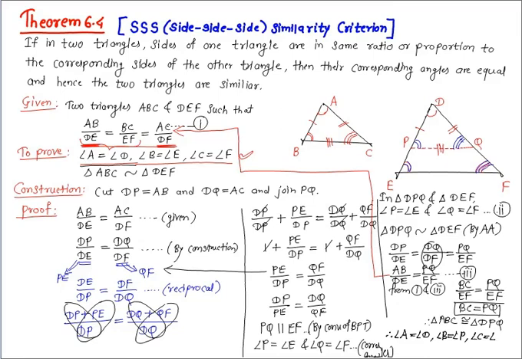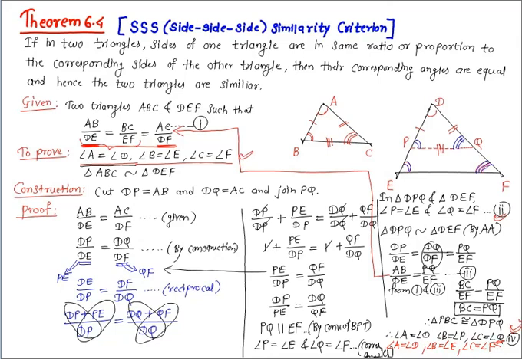angle Q. And if we take this equation as fourth, now if you compare this second equation with the fourth equation, so from 2 and 4 you can write angle A is equal to angle D, angle B is equal to angle E, and angle C is equal to angle F. Here we proved that corresponding angles of triangle ABC and triangle DEF are equal, and hence we can say these two triangles ABC and DEF are similar. Hence proved.